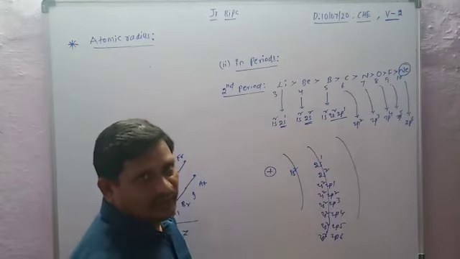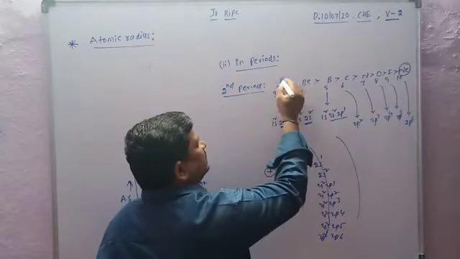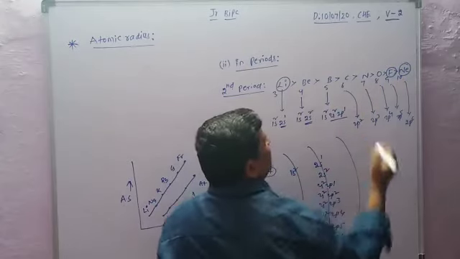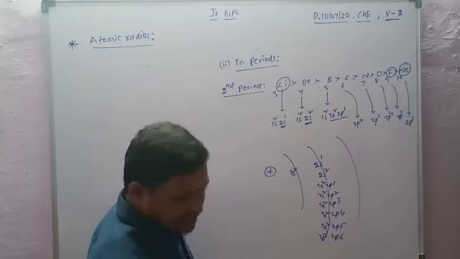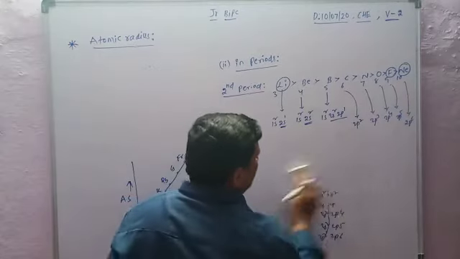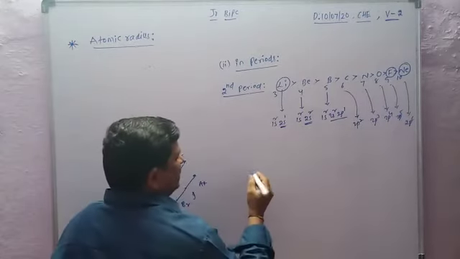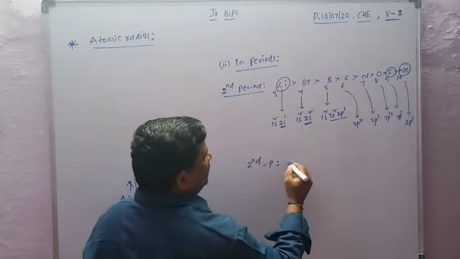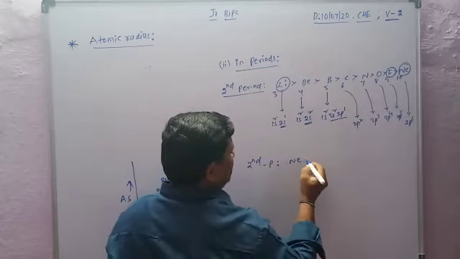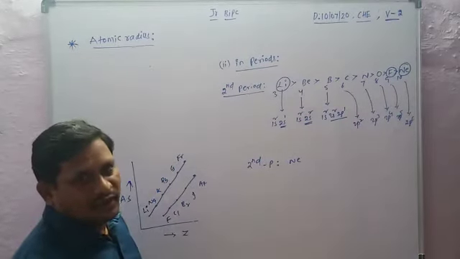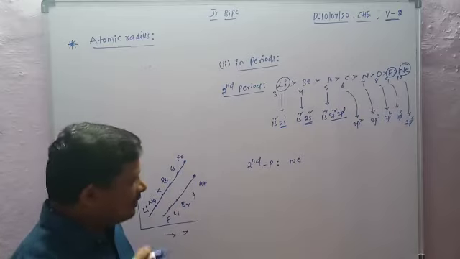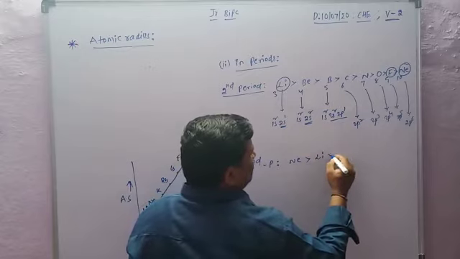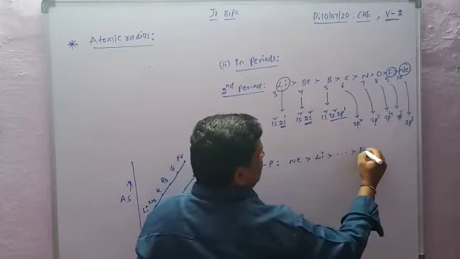In every period, the large size element is the alkali metal. The small size element is the halogen. For example, let us consider the second period. Neon has the largest size because it is a noble gas, where no attractive and repulsive forces are present, only van der Waals forces. So neon is greater than lithium, which is greater than so on, down to fluorine.